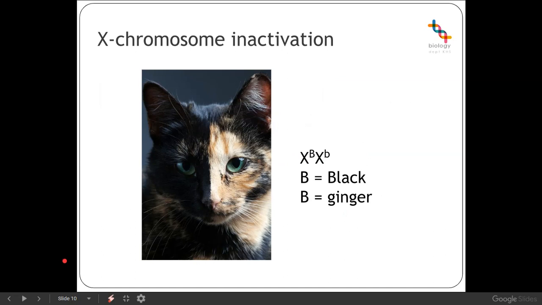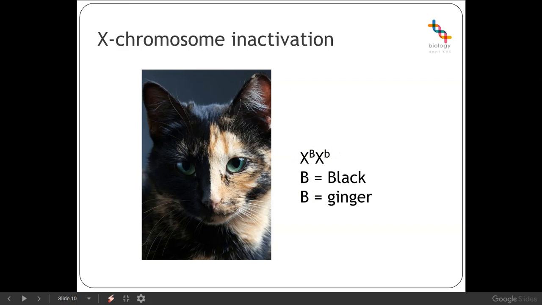So as the X chromosome inactivated in each cell is random, half of the cells in any tissue will have one copy of the gene expressed, and the other half will express the other copy. So if we consider a tortoiseshell cat, for example, it's got this genotype here. It's a heterozygote, so it's got the dominant allele and it's got the recessive allele. In this case, this one should be a small b. In this case, we have the dominant allele coding for black colour and the recessive allele coding for the ginger